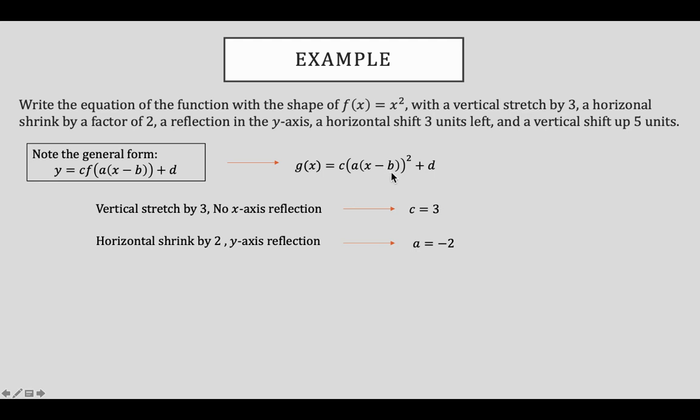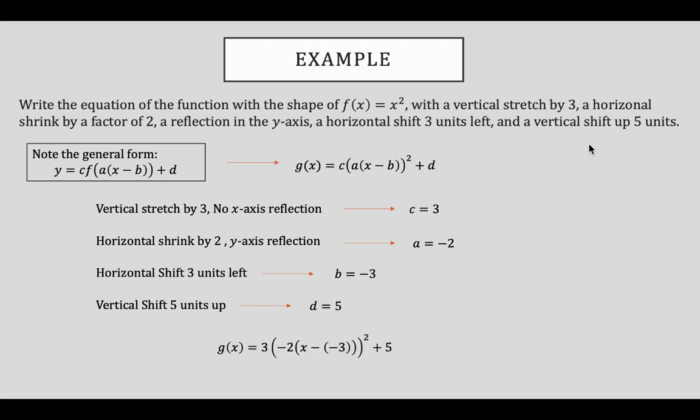All right, our next constant, b, that's our horizontal shift. Here we have a horizontal shift 3 units to the left. That means b is going to be negative 3. And finally, we have a vertical shift up 5 units. The constant d controls our vertical shifts, therefore d is going to be equal to 5. Now that we have each one of those constants labeled, plug them in. g of x is equal to 3 times negative 2 parentheses x minus a negative 3 close parentheses